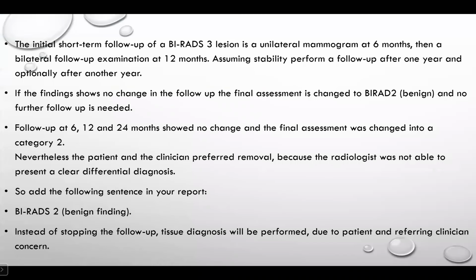Initial short-term follow-up of a BI-RADS 3 lesion is a unilateral mammogram at 6 months, then a bilateral follow-up examination at 12 months. Assuming stability, perform a follow-up after 1 year and optionally another after another year. If findings show no change in follow-up, the final assessment is changed to BI-RADS 2 as benign and no further follow-up is needed. Follow-up at 6, 12, and 24 months showed no change and the final assessment will change into